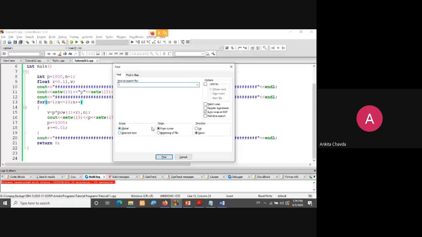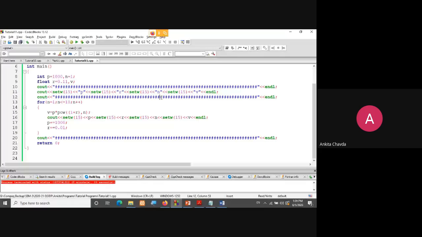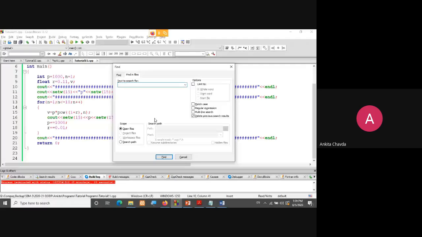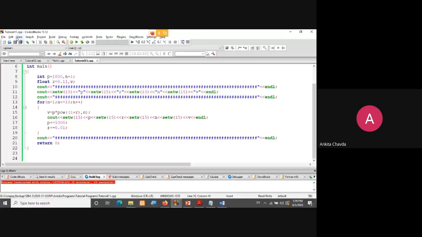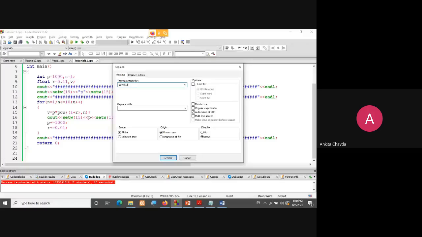So here I'll use Control R for replacement, and I'll replace this setw of 15 with setw of 5 maybe, so you will get to know the difference.